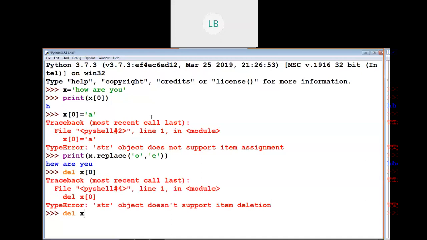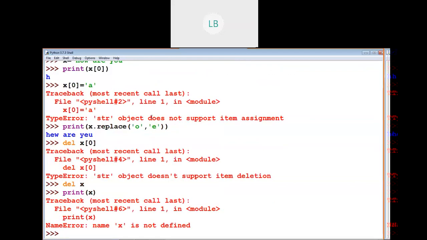If we give the command del x, the entire string will be deleted. Using the print function, if we try to print the value of x, an error is displayed: name x is not defined, because we have deleted the string.